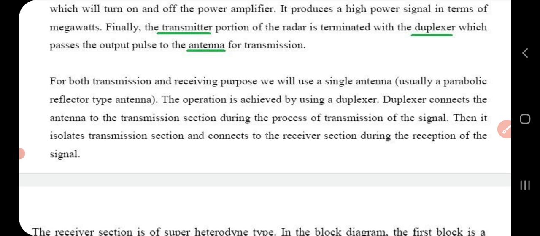As we already discussed, the duplexer connects the antenna to the transmission section only during the transmission of the signal. Then it isolates that section and gets connected to the receiver section only during the reception of the signal. That is what the duplexer does. That is, it will get connected to the transmission section only during transmission, and during reception it isolates the transmission section and connects to the reception section. Okay,